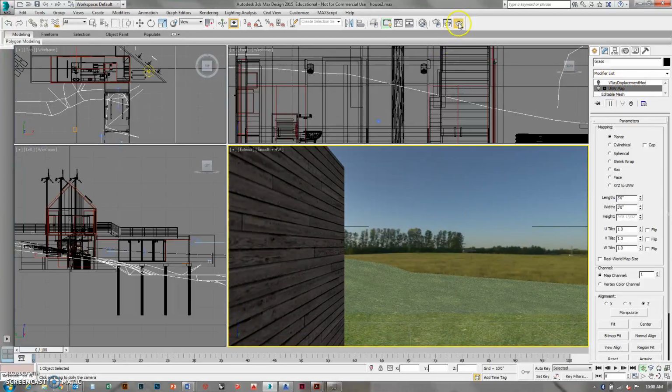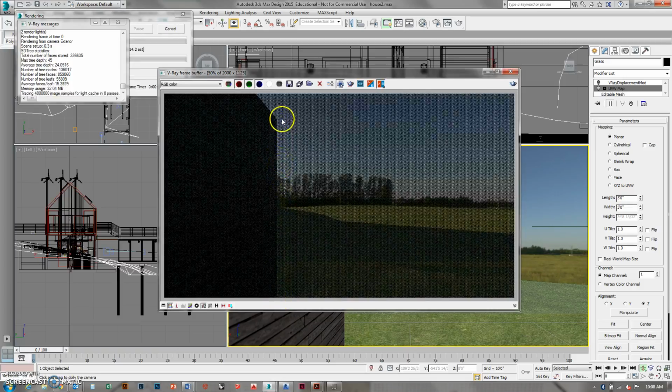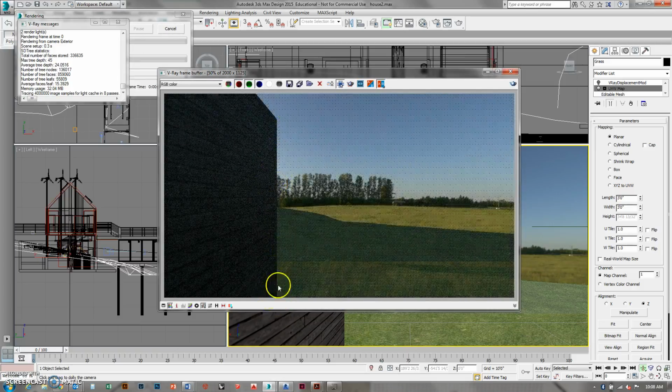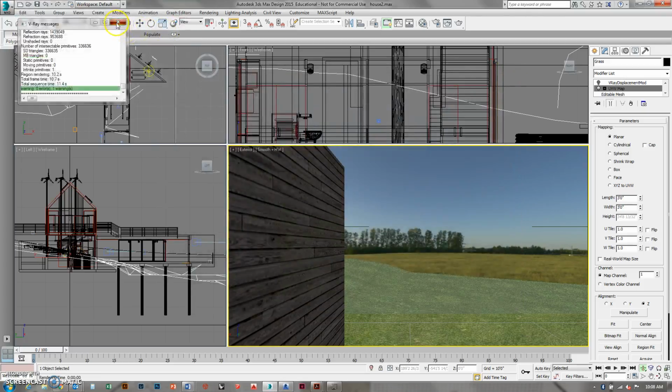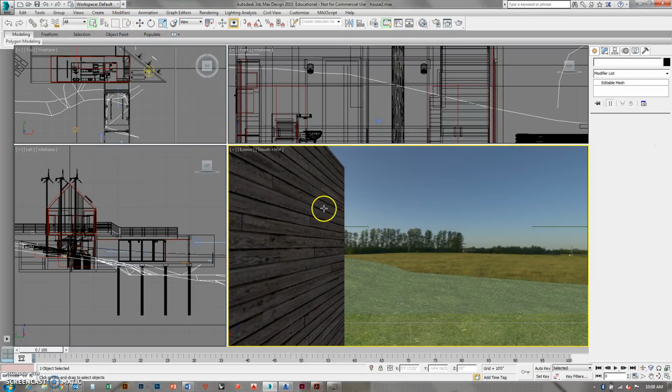But if I come right to the edge of this and I render, I've got a wood material, but there's this perfect crisp line at the corner. And maybe I want to see if I can get that siding to come in and out a little bit and do some stuff. So what I need to do is the same as I did with the grass. I'm going to select the object,